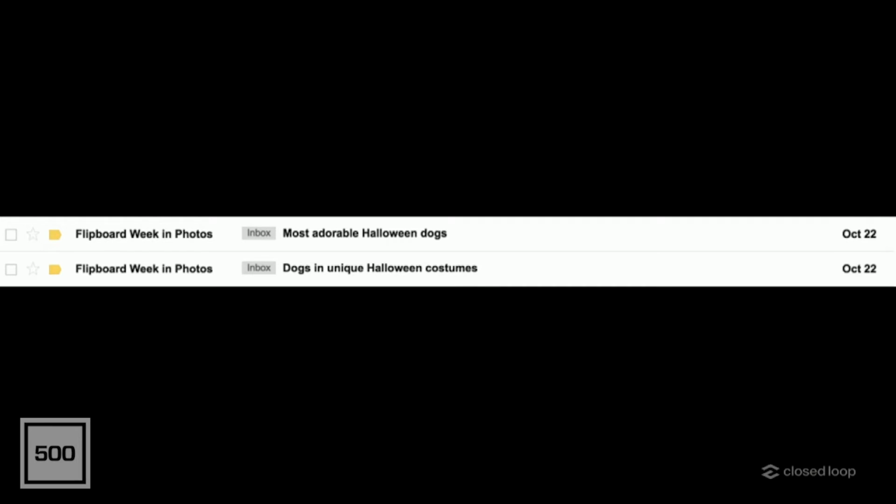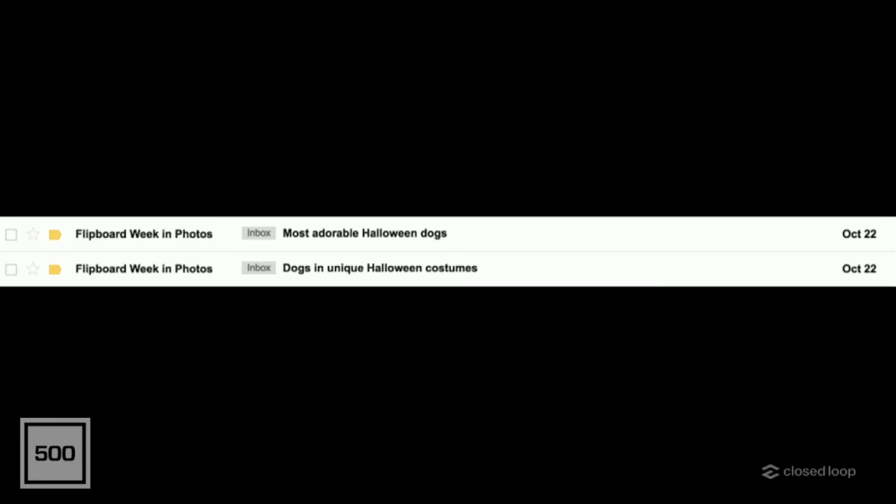Another example, and this one is a little personal for me. I apparently have a hang-up. I don't like Halloween, right? And I'm kind of neutral in regards to pets, but I don't like kind of cutesy pet stuff. And so when you combine Halloween and cutesy pet stuff, I just don't like it, right?